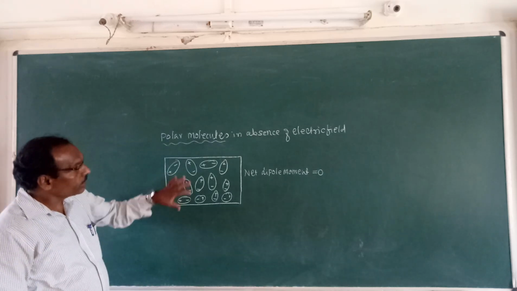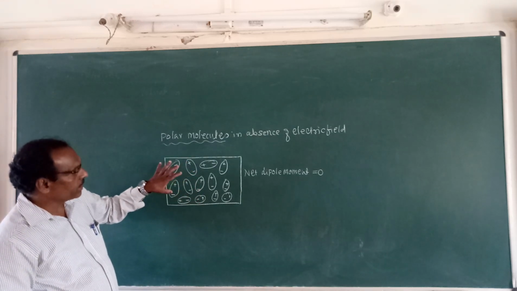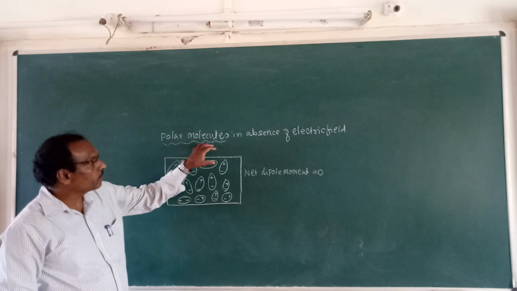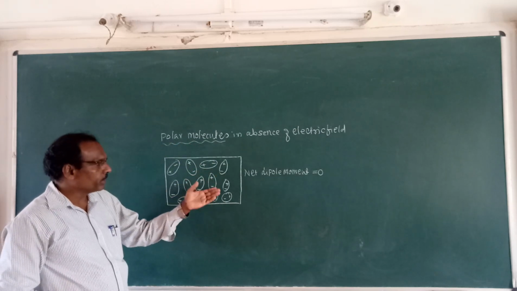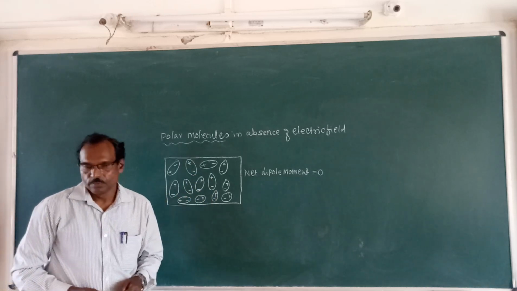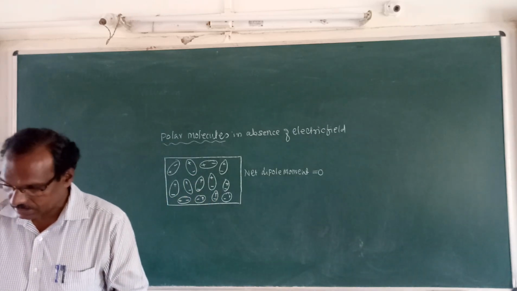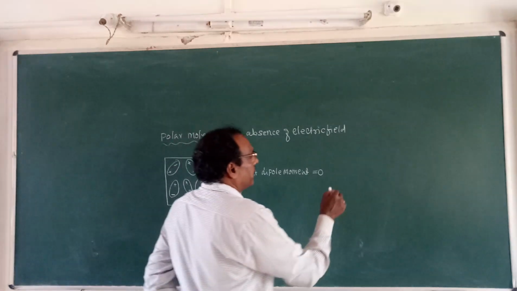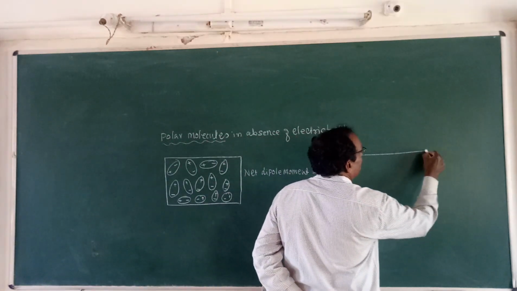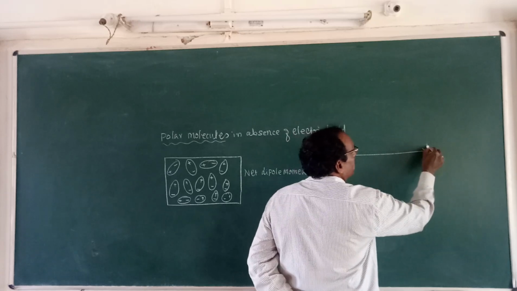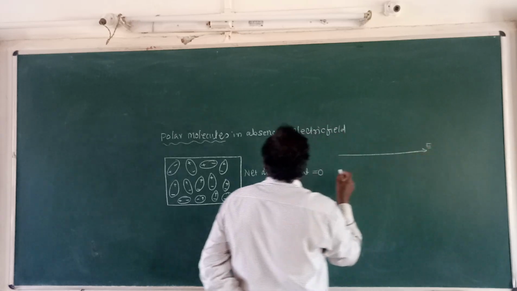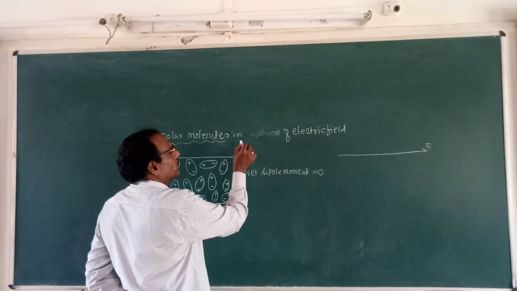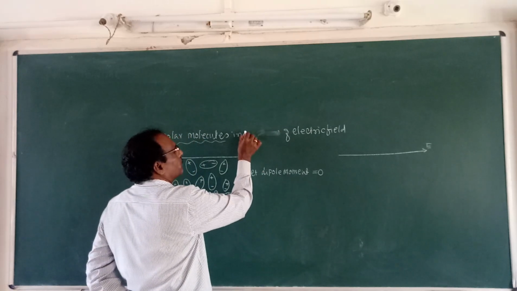That is, in the absence of an electric field, a bulk sample of polar molecules appears like this. What happens to this substance when I apply an electric field? Say this is the electric field. In the presence of an electric field, polar molecules